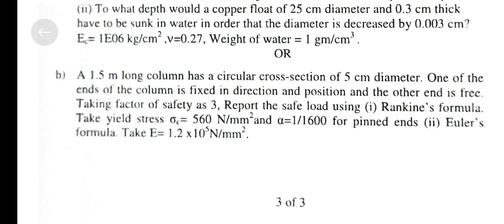B. A 1.5 meter long column has a circular cross section of 5 cm diameter. One of the ends of the column is fixed in direction and position and the other end is free. Taking a factor of safety as 3, find the safe load using Rankine's formula. Take yield stress